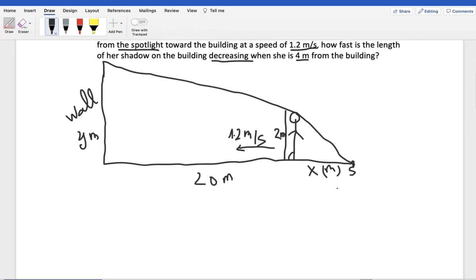So if x is the distance between the spotlight and the woman, and y is, oh, sorry, not the wall, but the length of the shadow of the woman on the wall,